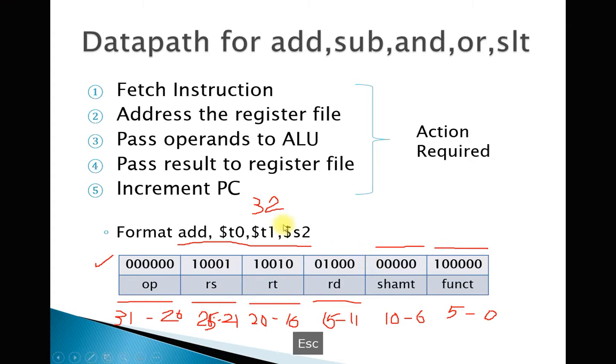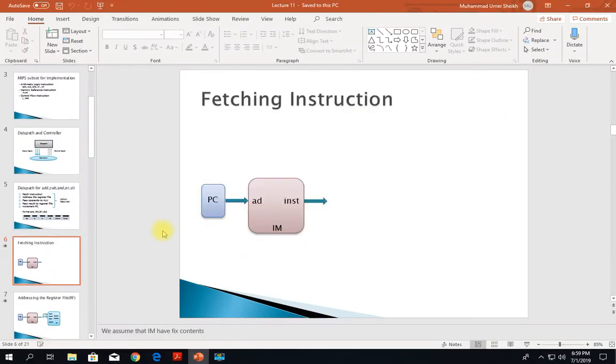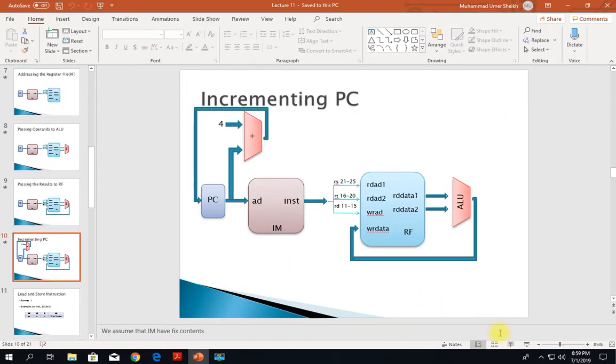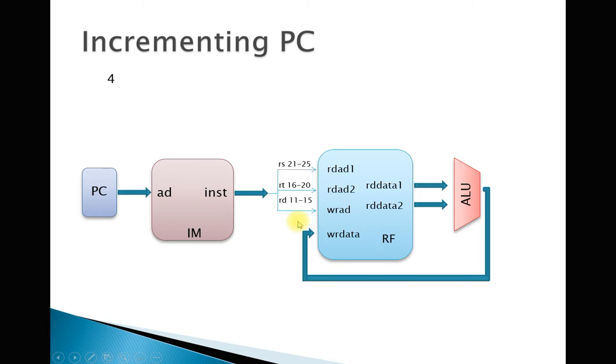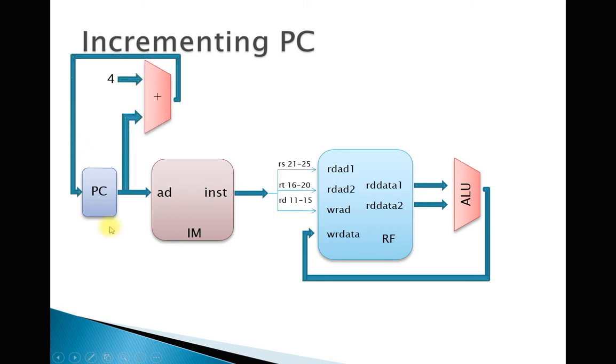Now let's discuss the data path for R-type instructions. First of all, the program counter. This is the program counter. This will tell you about the address of the instruction that you want to execute. This is instruction memory. You have to tell the address to instruction memory and it will fetch the instruction for you. Then we have the register file, which can tell you about the data of a register